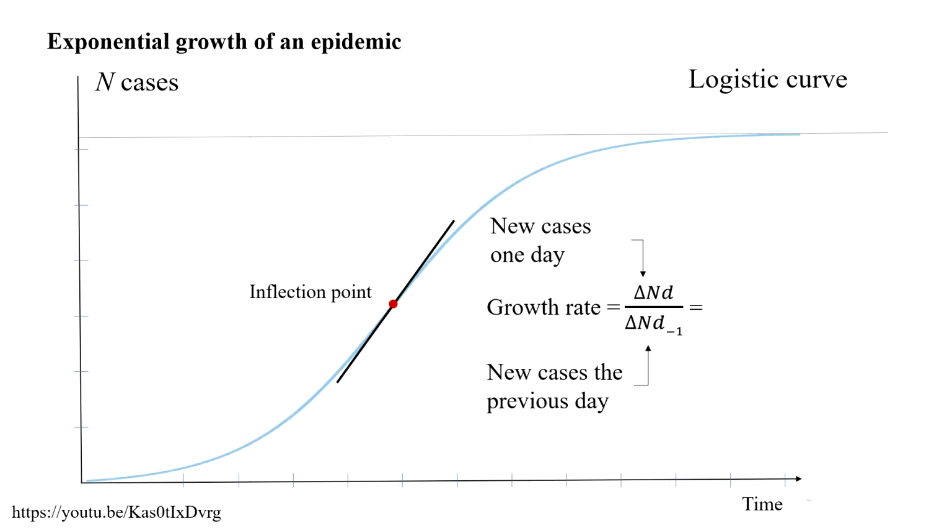The way we are graphing a growth rate is through something we call a logistic curve. The logistic curve starts out with very few cases, and then exponentially the cases grow until they reach an inflection point. At that point, the growth is going to slow down, so the upper part of this curve after the inflection point actually describes the slowing down of new cases. So this growth rate, as I mentioned before, is a ratio between the changes of new cases in one day divided by the new cases of the previous day.